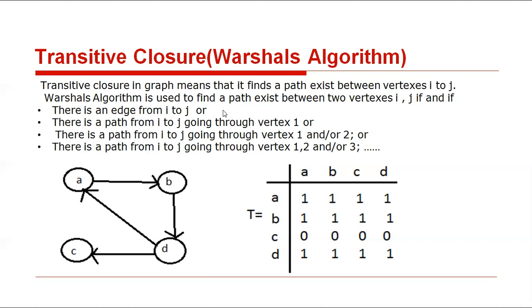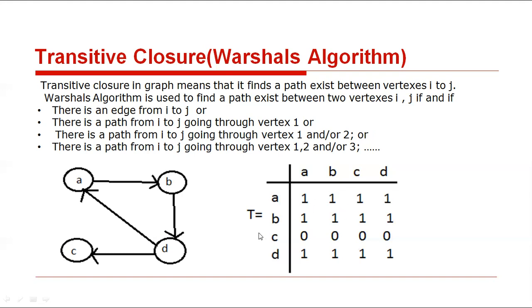Okay. So in this example, this is the graph. We want to use the transitive closure algorithm to find the matrix. Then simply here the graph means to find the path exists between vertices. So then A, B, C, D. How many edges are there? Oh, sorry. How many nodes are there? There are 4 nodes. Simply the output matrix has 4 rows and 4 columns.